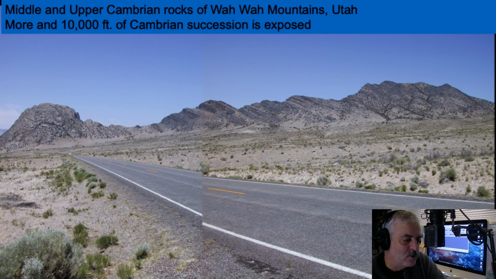And here they are actually laid out for you in a mountain range that's just to the east, a couple of mountain ranges to the east of the Snake Range. This is called the Wawa Mountains here, and this is in western Utah. We were in eastern Nevada. Here we're in western Utah. And this is one of the highways that stretches across, a very lonely highway, with a different succession of rocks here,